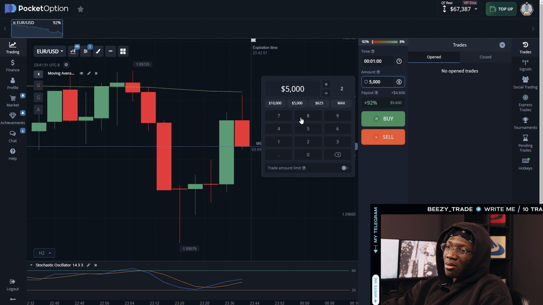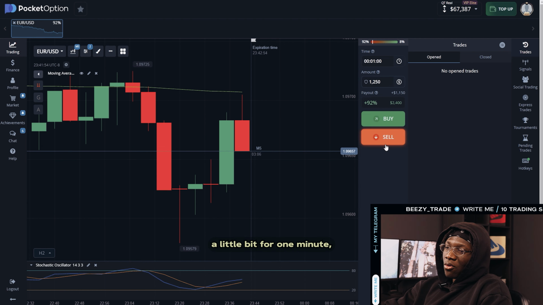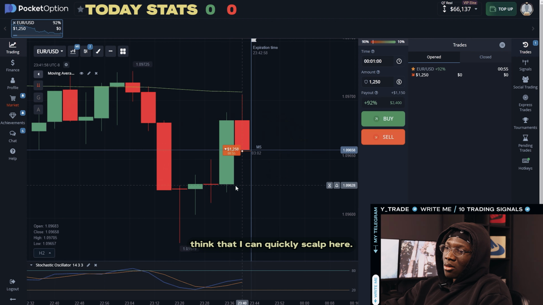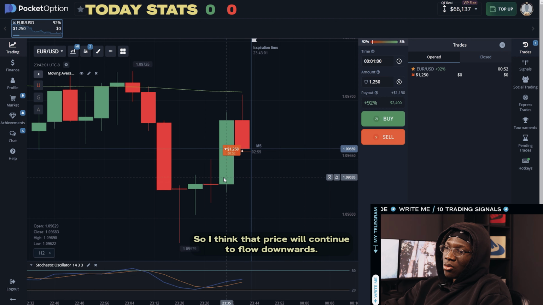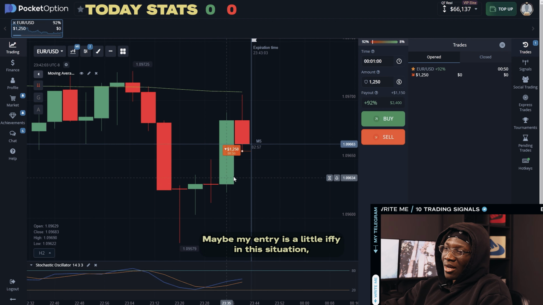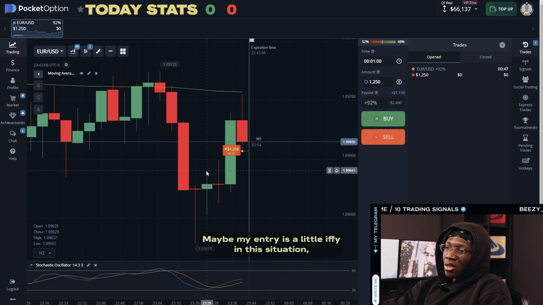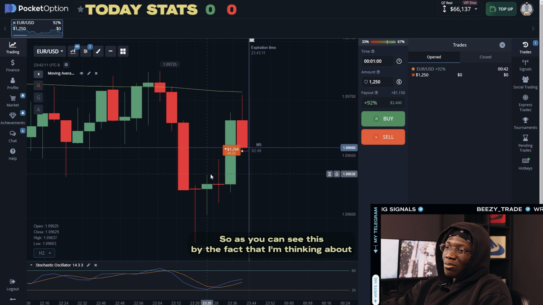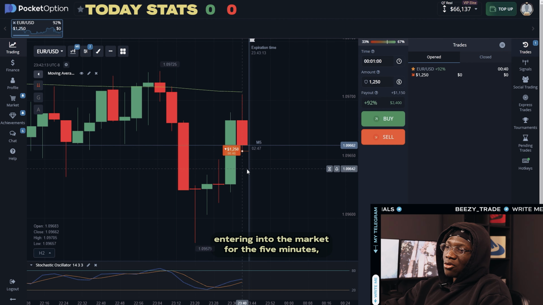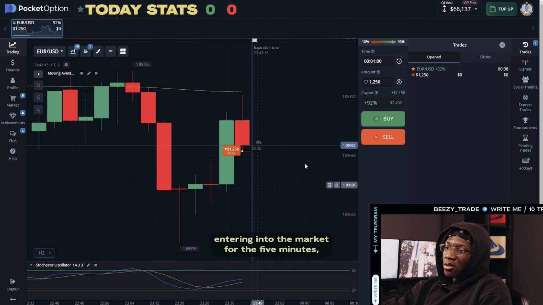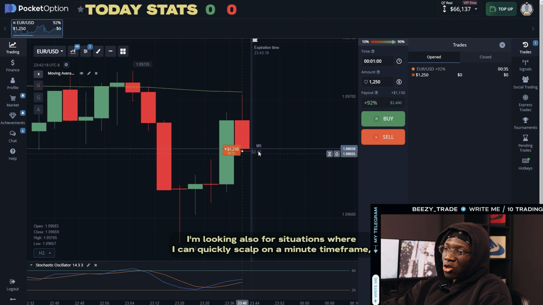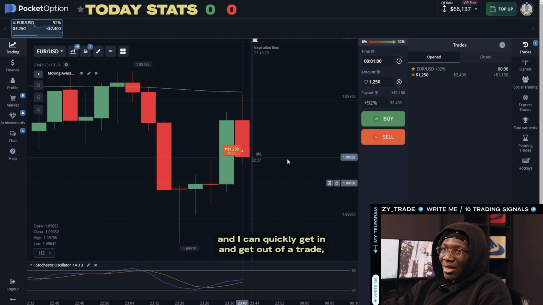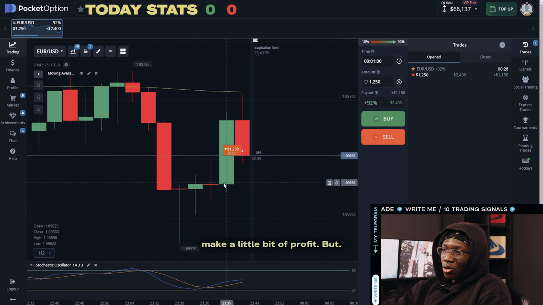Maybe I'll reduce the time frame to 1 minute, because I really think that I could quickly scalp here. I think that price will continue to flow downwards. Maybe my entry is a little iffy in this situation, but I think the price is going to continue to fall. So as you can see, despite the fact that I'm thinking about entering the market on the 5 minutes, I'm also looking for situations where I can quickly scalp on a minute time frame, get in and get out of a trade, and make a little bit of a profit,